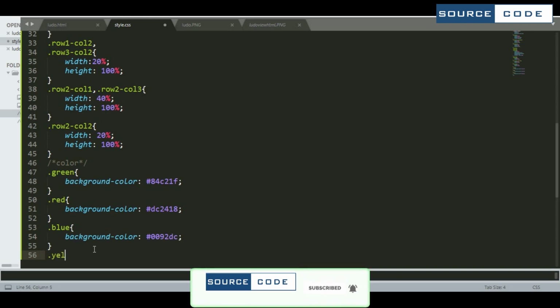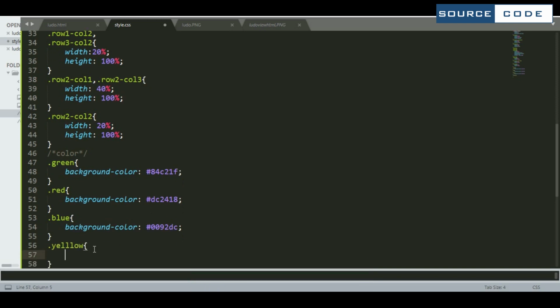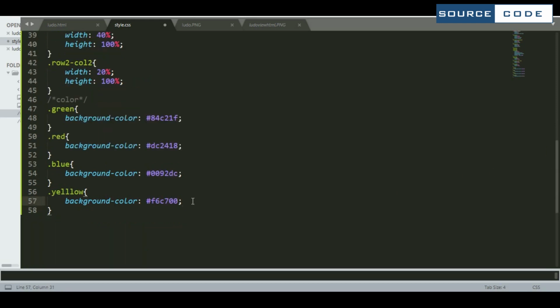Now for the yellow one. And we are having one more, that is for the white.